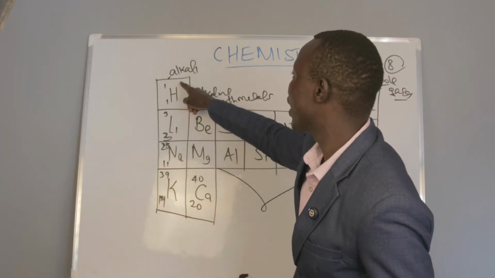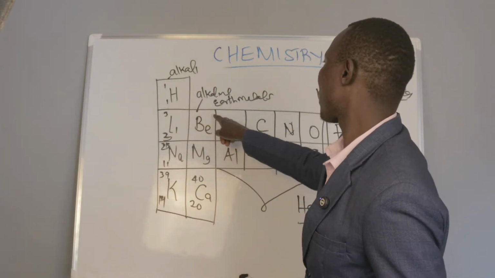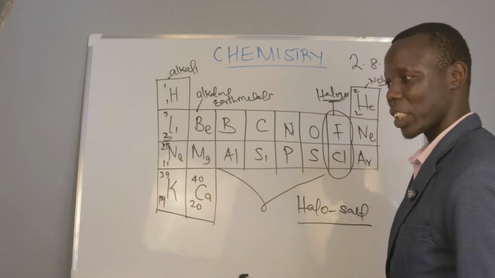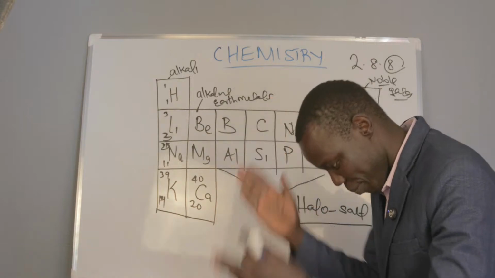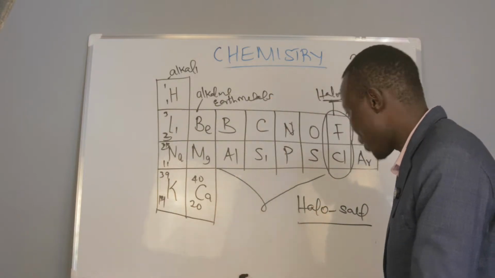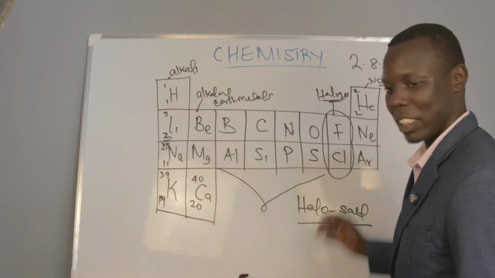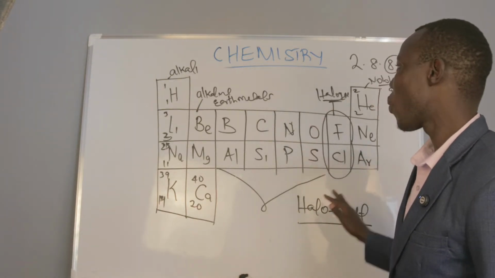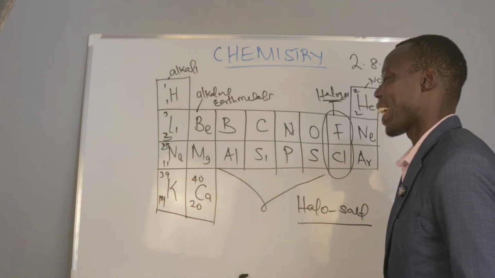What we shall be studying next week, there are things we will be discussing next week about family. I have just told you the family names are alkali, alkaline earth metals, halogens, then noble gases. So next week we shall be dealing with alkali well. Let's go to alkaline earth metals well. Let's go to halogens well, noble gases well. But for now, that is how a periodic table looks like. I have 3.